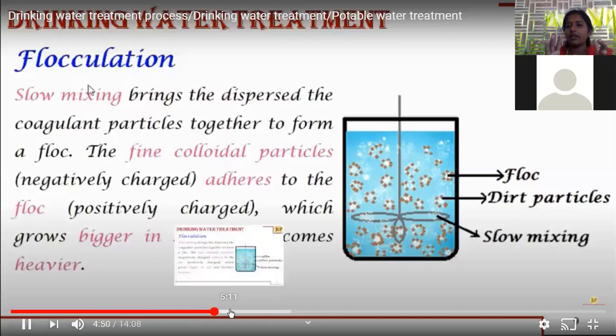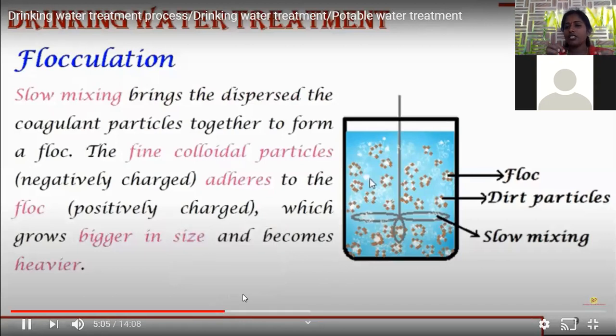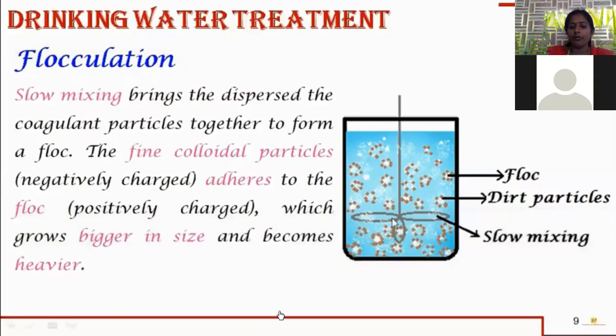You may take any of the compounds and add it. Alum is nothing but potassium aluminium salt. Otherwise, sodium aluminate can be added. Otherwise, ferric chloride, ferrous sulfate, they can be used as coagulating agents. This coagulation process is also often given as a short answer question. That's why it is also important.